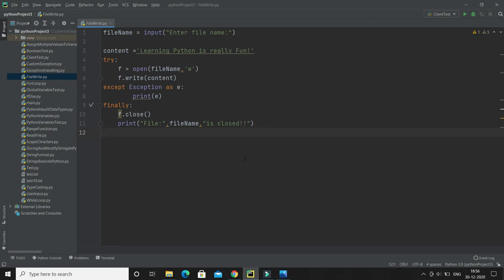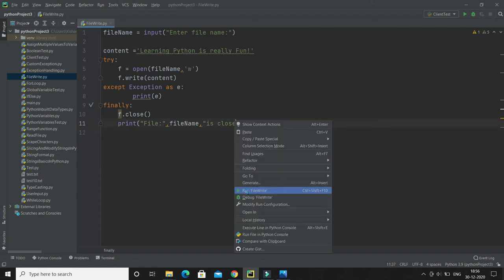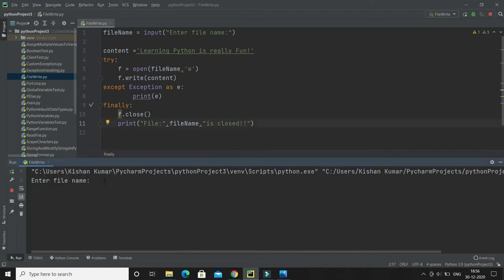Let's run by right clicking and run, and here it is asking me for the file name. Let's say my file.txt. It is going to create it in the project root directory itself. If you want this file to be created on a certain path, then you need to specify the complete path along with the file name.